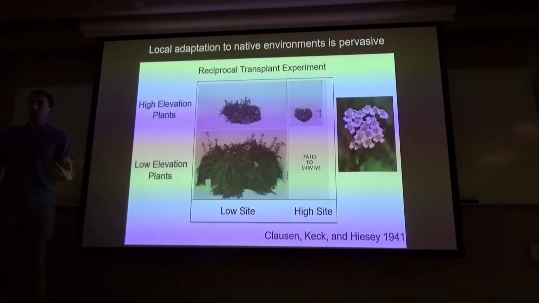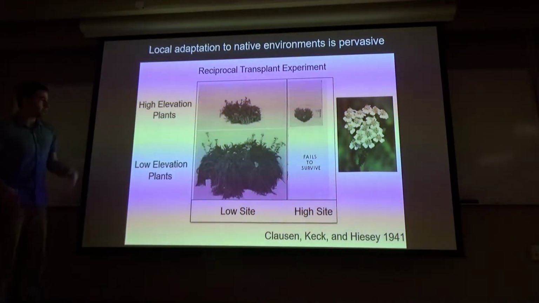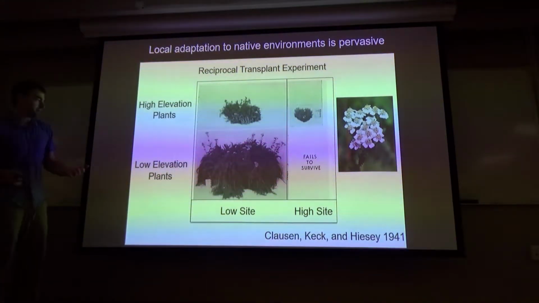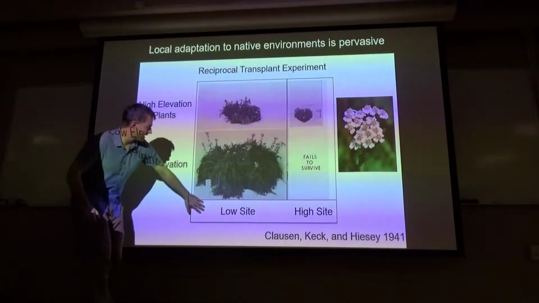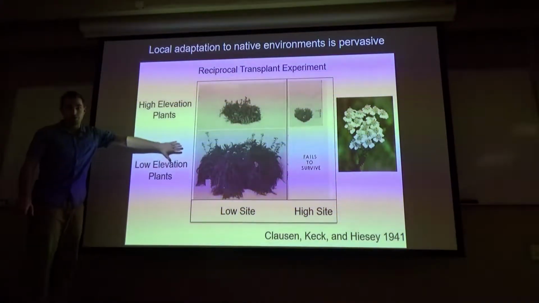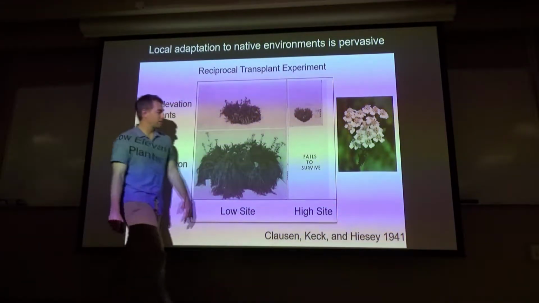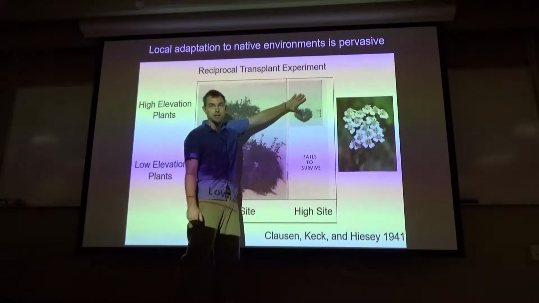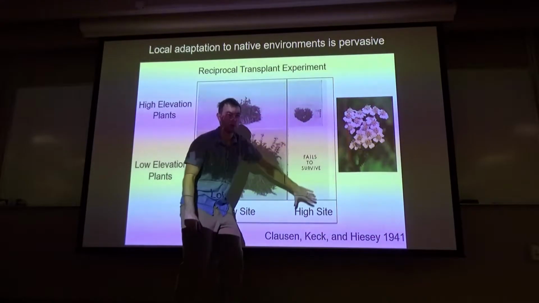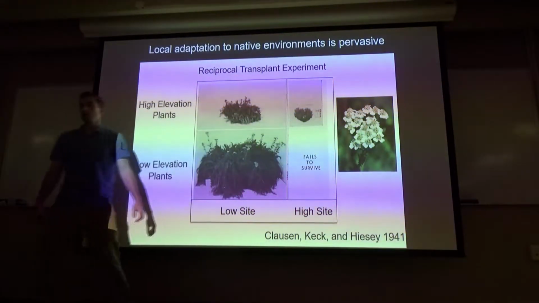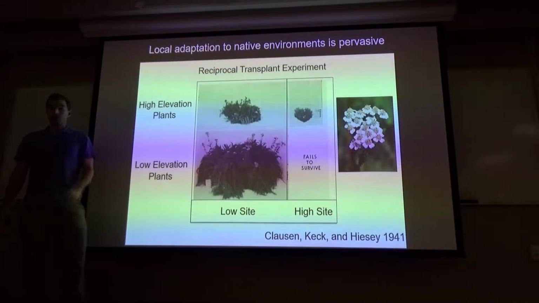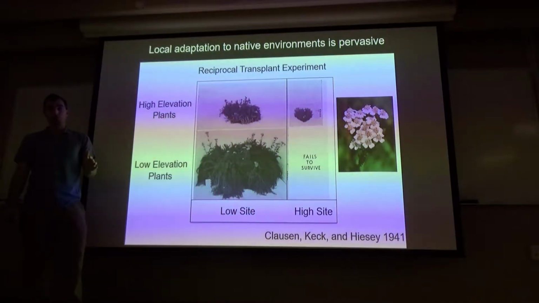And we compare how they do in terms of their fitness. What we expect to see as a signature of local adaptation would be, in the low elevation site, the low elevation plants are bigger and produce more offspring than the high elevation plants. In the high elevation site, we'd expect that the high elevation plants would be bigger and produce more offspring than the low elevation plants. Now we've done this kind of study with many different kinds of organisms, not just plants,